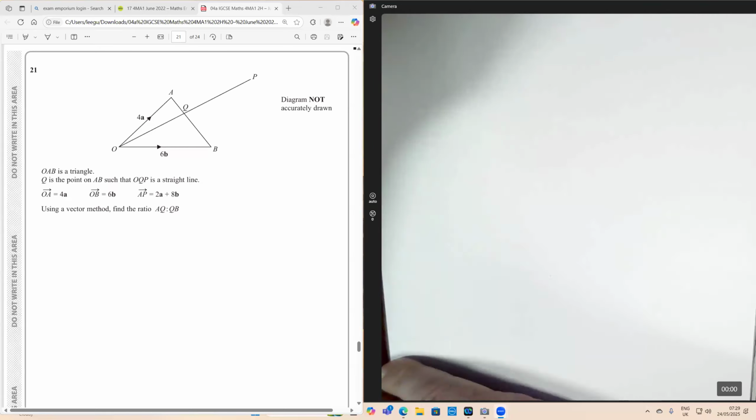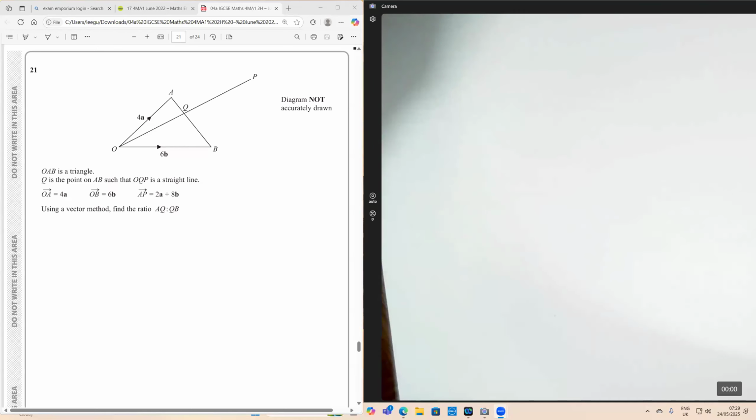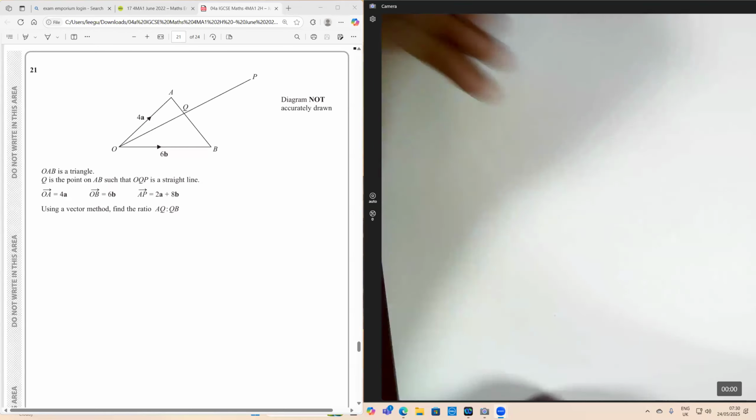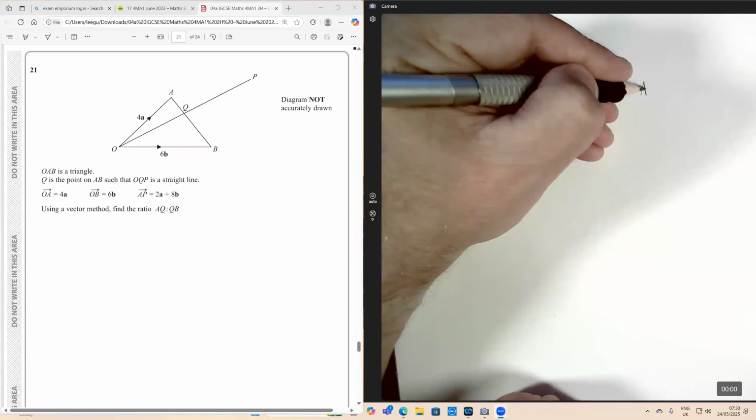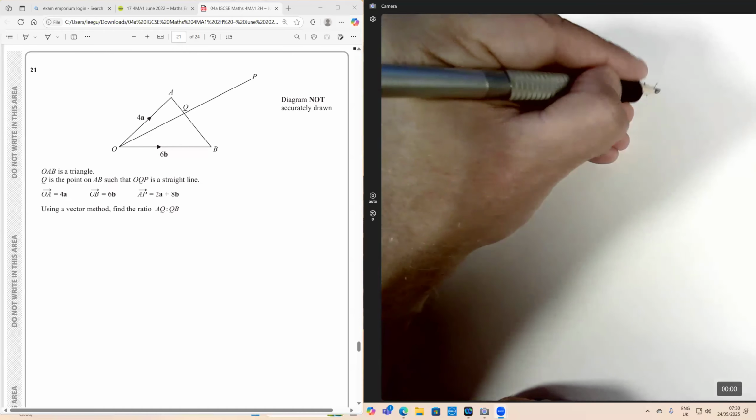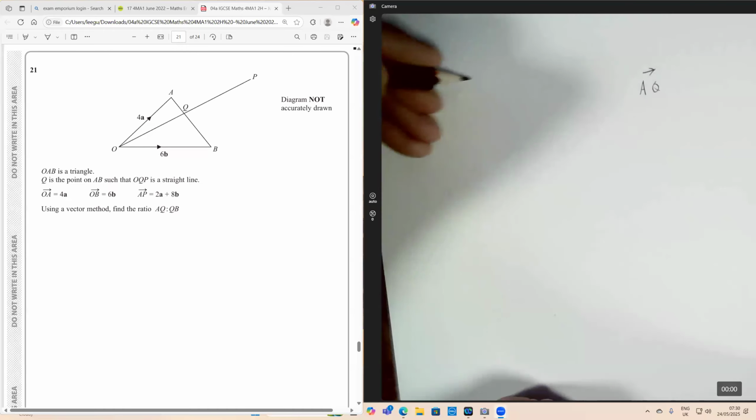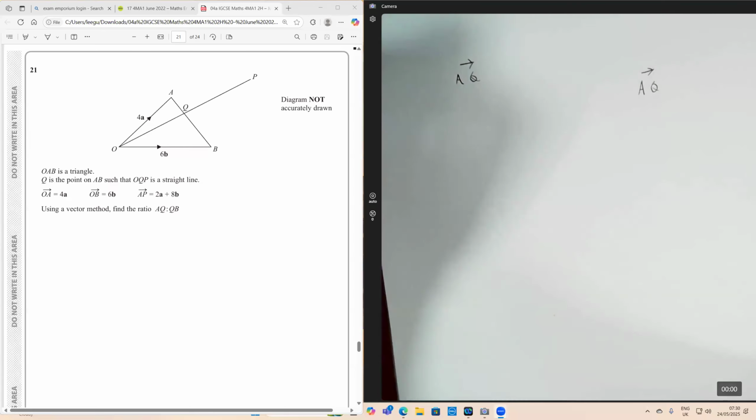Now, because of the way that they're asking for the ratio of AQ to QB, what I think is going to be really helpful is if we find two different routes that go from A to Q. And it's absolutely essential in this method that we pick two different routes, both of which should use different kinds of diagonals or totally different paths. So for example, in this one,